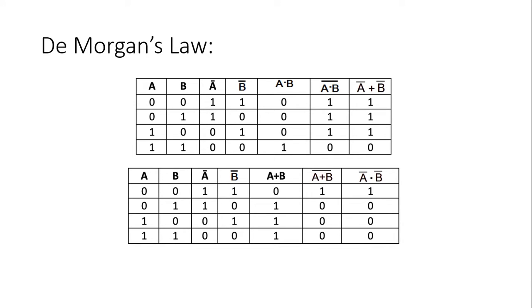So here is the truth table for De Morgan's law. As you can see, there are two cases for De Morgan's law, which we will verify in our Proteus design. We will use a 2-bit system with two inputs A and B, so that we verify that (A dot B) bar equals A bar plus B bar, and (A plus B) bar is equal to A bar dot B bar. This is the first thing that we will implement on our Proteus circuit.